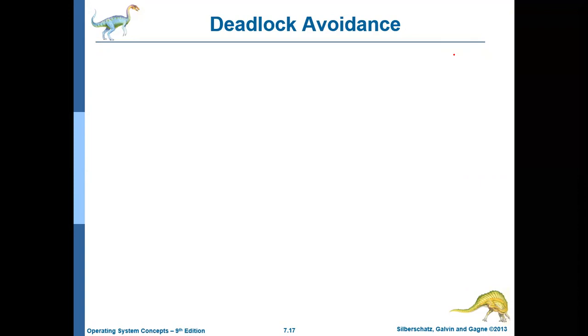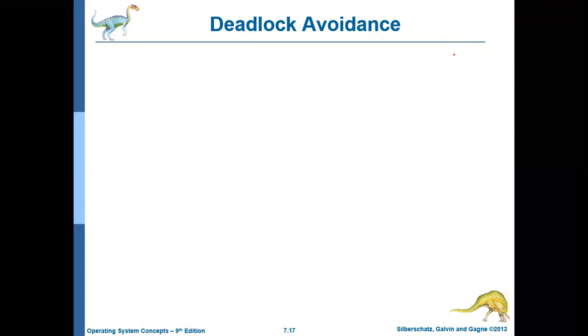In the last class we discussed the deadlock prevention technique. There are two ways to ensure that deadlock will never occur. One is the deadlock prevention technique and the other one is the deadlock avoidance technique. Deadlock prevention basically tries to make sure that at least one of the necessary conditions of deadlock does not happen.